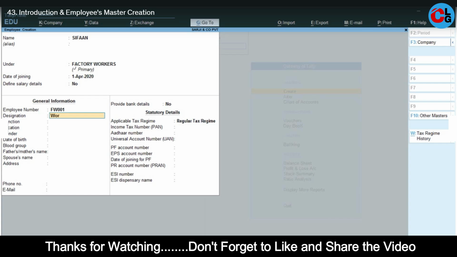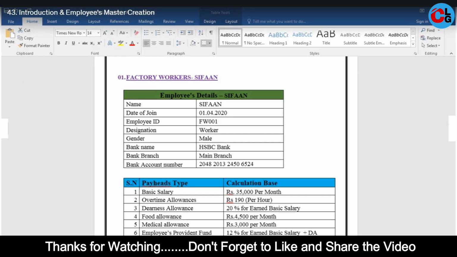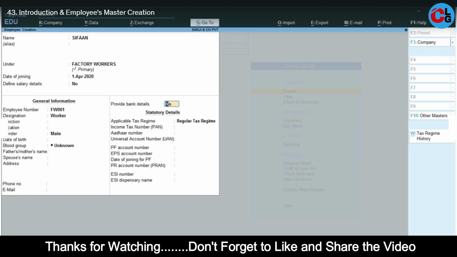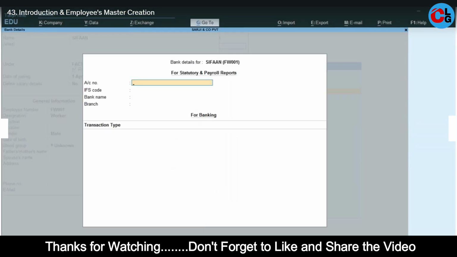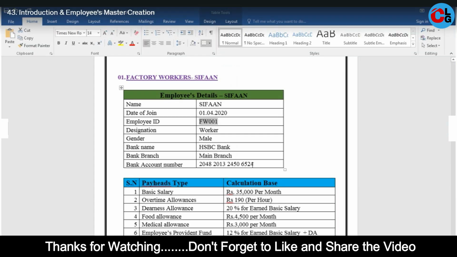The function I don't know, location I don't know, gender is male, right? And the father's name and other things I don't know. Provide bank details? We have his bank details, right? So I'm going to enter yes. The account number, you can see here, this is Shifan's account number. I'm going to enter it here, and the bank name is